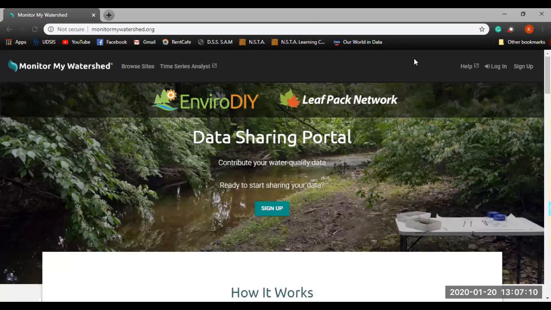So the first thing I'd like to show you is how to sign up or create an account for Monitor My Watershed. While using Monitor My Watershed, it's not necessary to create an account in the sense that all information available on the site is available with or without an account. However, making an account can help streamline the process for users who are frequently checking specific sites on the map. So in order to do that, the first thing that we're going to do is hit